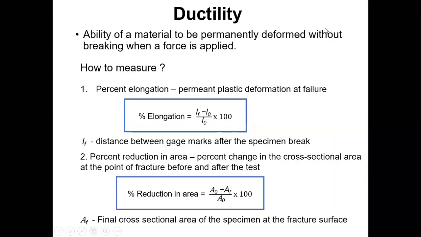right? So ductility is also a mechanical property of a material, right? The definition is, ductility means the ability of a material to be permanently deformed without breaking when a force is applied, right? I told you earlier that metals have a plastic deformation region, but ceramics and glass don't have that region. That means metals have ductile properties, but glasses don't. We know that in practice, right? We cannot